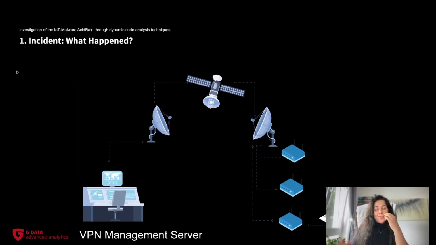To give a picture of the situation, we see here the VPN management server. They gained access here, and over the VPN management server, they deployed AcidRain to the modems